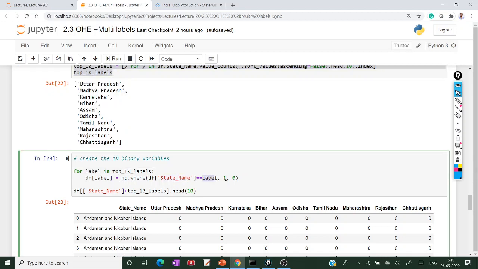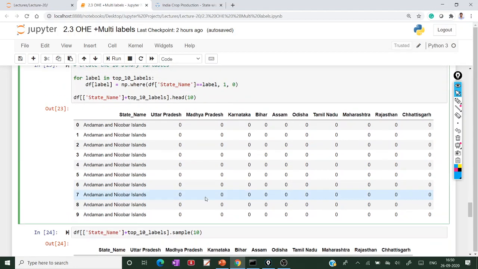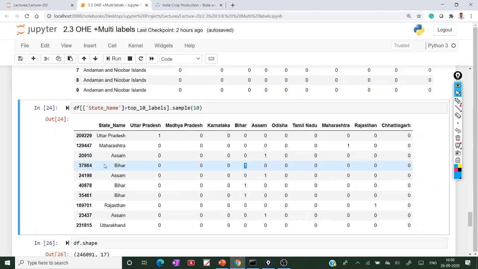If it is matching, put it as 1. See, this is matching, so put it as 1. This observation, record 37,864, belongs to Bihar. Bihar is available in the top 10 categories, that's why it is kept as 1. The rest of the items are put as 0.